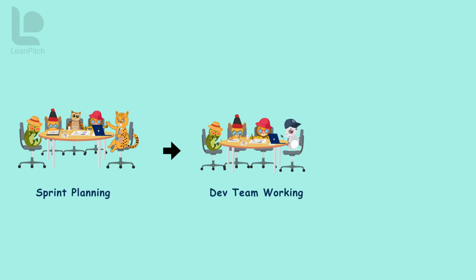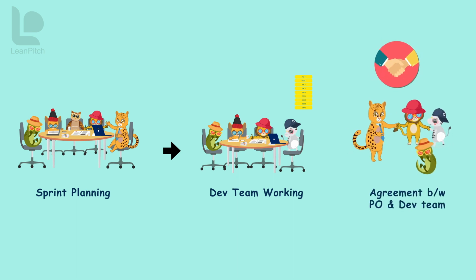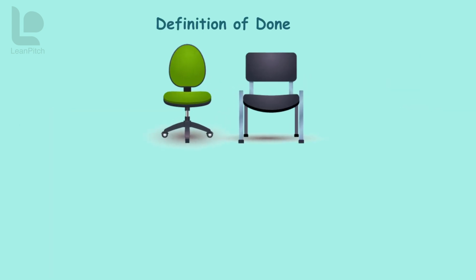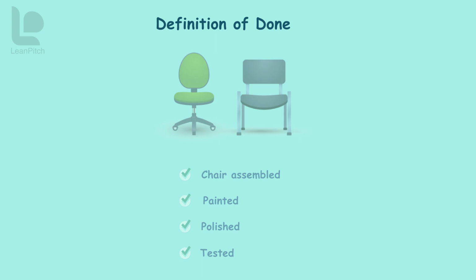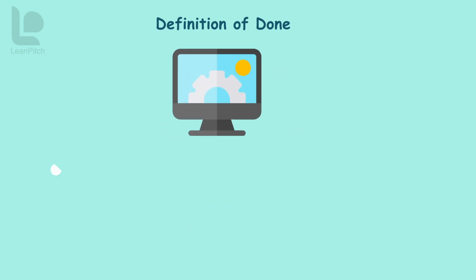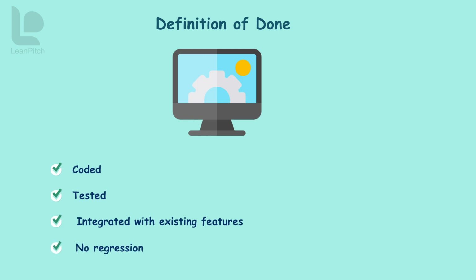Scrum suggests Scrum teams define when they consider PBIs as done. It's an agreement between the product owner and the development team. The definition of done should include a list of things that the team needs to do to consider a PBI as ready to be shipped. For a chair, it could consist of chair is assembled, painted, polished, tested, etc. For a software product, it could include coded, tested, integrated with existing features, and no regression, packaged, user manual updated,